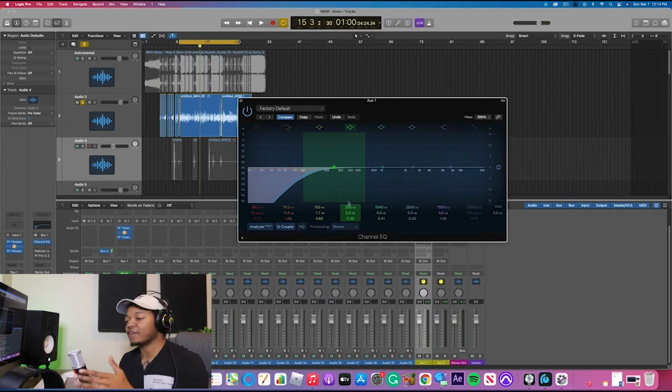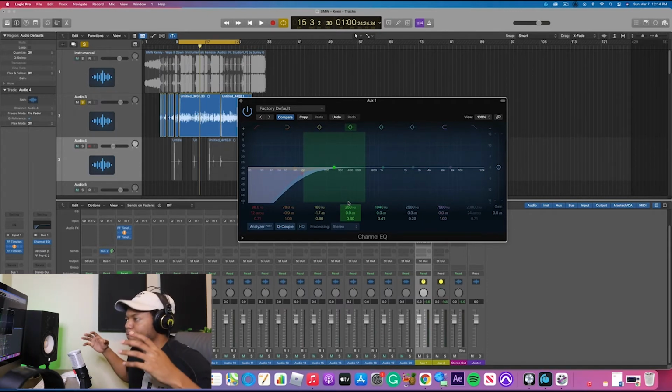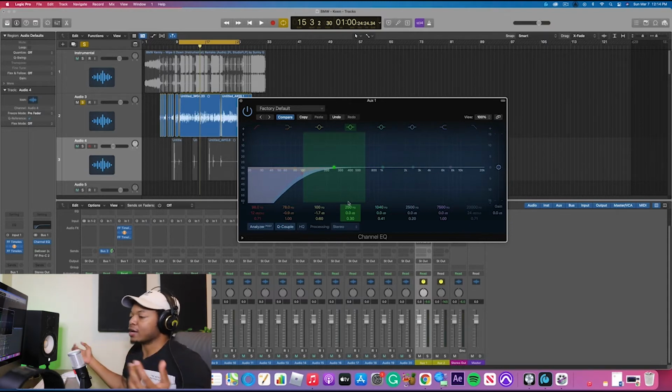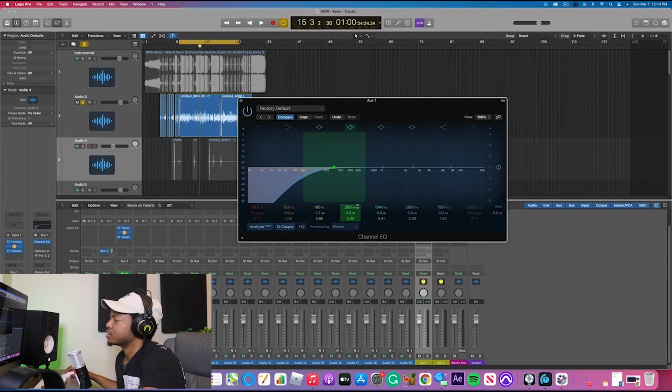Whenever you do a vocal, always take into account the environment that you're recording in, right? If you're recording in an open environment where the low frequency range isn't gonna build up, and the voice is not gonna go back into your mic, take that into account whenever you EQ. Okay, that's important. So now that I know that and we set that as a basis, let's go into the